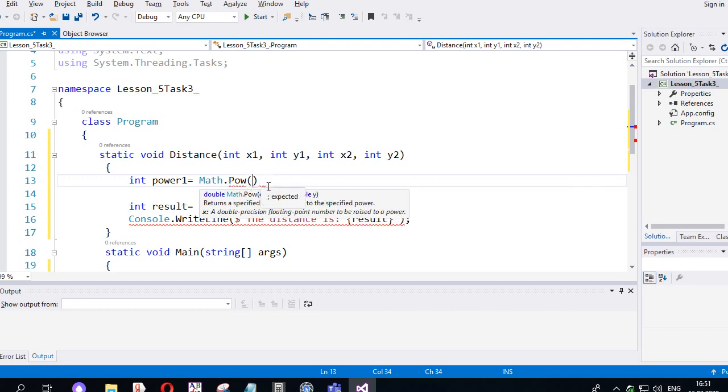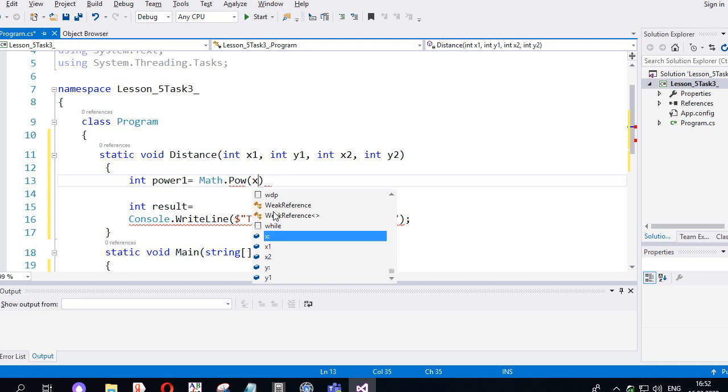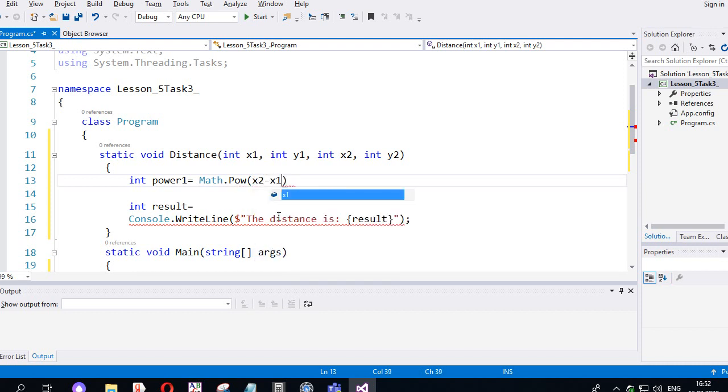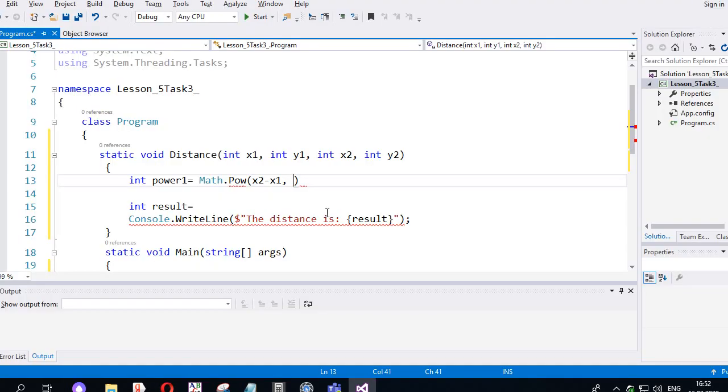Math.Pow. Okay, we have this x2 minus x1, and the second parameter will be 2. It's the power, it's the base number, and this is the power,